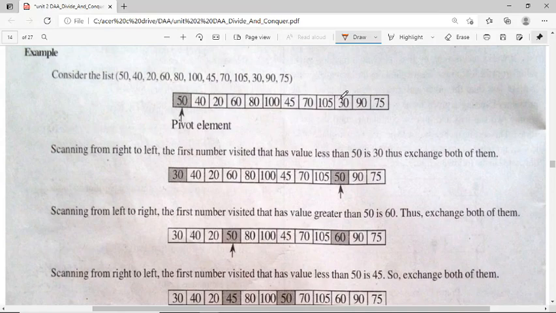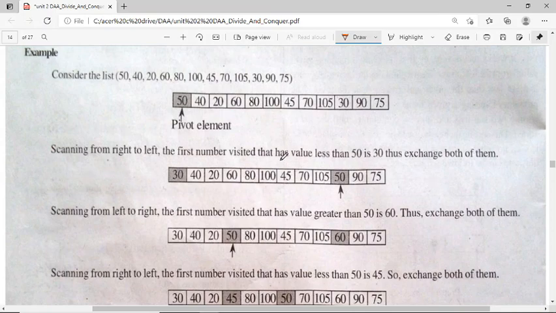You can make the rightmost element the pivot or the leftmost element the pivot. It is up to you, whatever you want to do, you can select. So here, scanning from right to left, the first number visited that has value less than 50 is 30, thus exchange both of them.